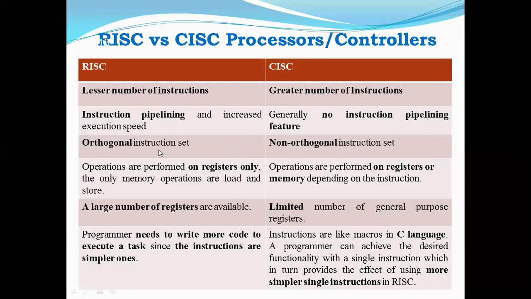So what do you mean by orthogonal instruction set? In RISC, there are instructions, but less number of addressing modes are used. Addressing modes are nothing but ways to access the data from the memory. There are different types of modes, which are less in number. Therefore, we can say it is an orthogonal instruction set. Coming to the CISC processor, you have a non-orthogonal instruction set. That means there are more number of addressing modes to access the data from the memory, and also the processor has to execute the application, right?